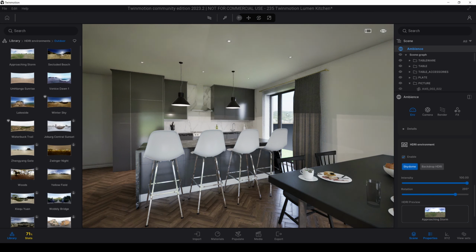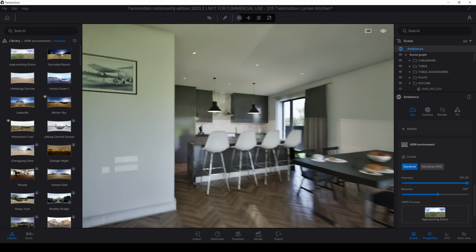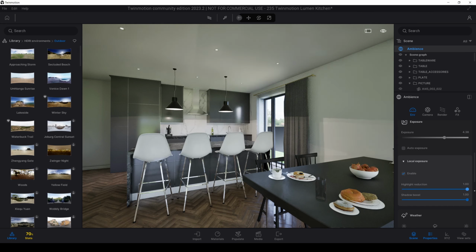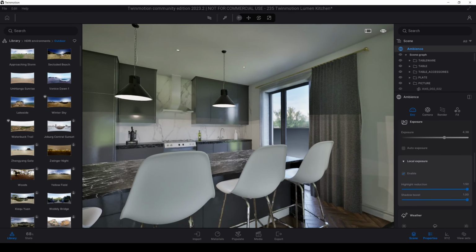Yeah, these trees are way more better because they're far away. Intensity is strong. As you can see, now we can see a blue sky.